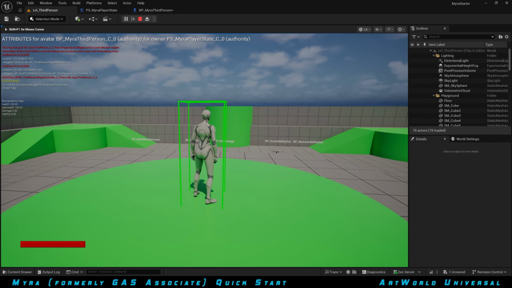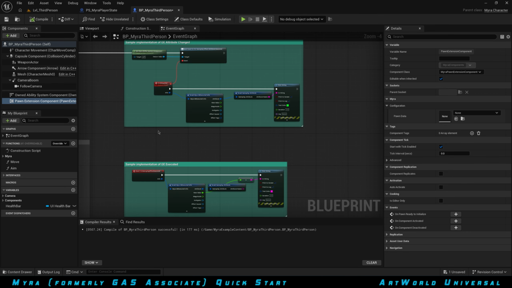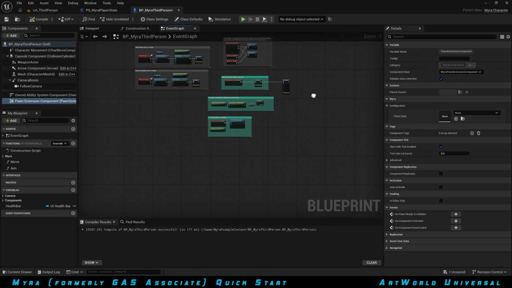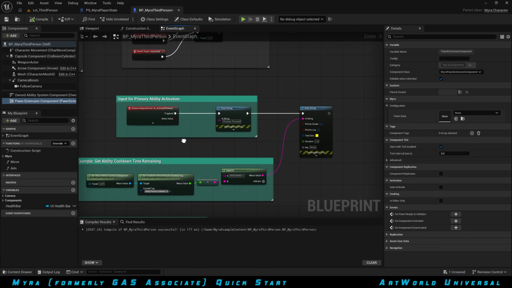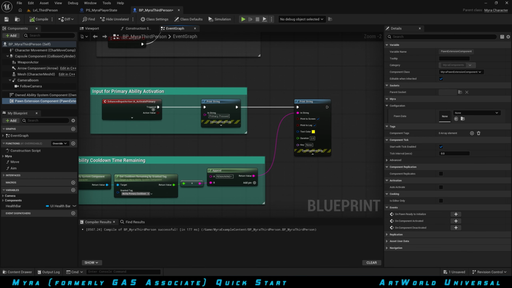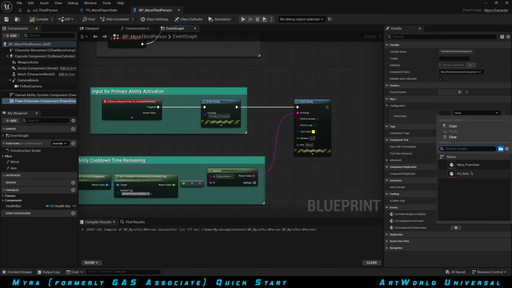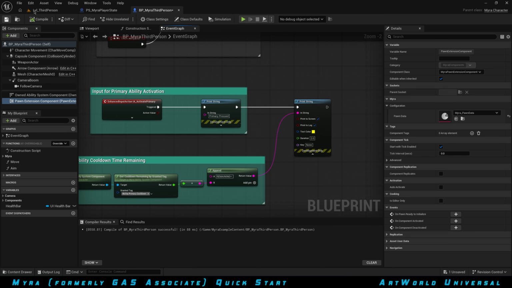Okay, and if I press left mouse button, I cannot activate ability. Even though for the left mouse button I have this input action, this one, primary ability, it's not triggering because this input action has not been granted to this character via the player controller. So once I go to the pawn extension component and add that Myra pawn data, compile and save this,